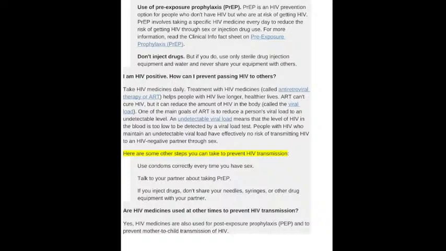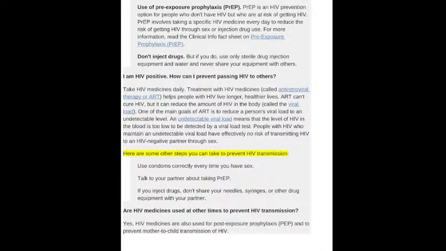The last option is do not inject drugs. Of course, we may not say do not inject, but we can say avoid sharing, because of course there are some people who, whether you say don't, they will. So for the sake of those, we would say avoid sharing those injections with people who are infected. And more specifically, if that is impossible, they can be cleaned before they are shared.